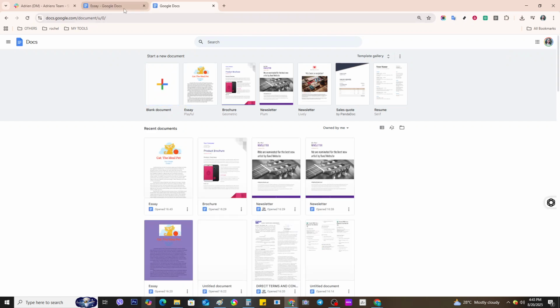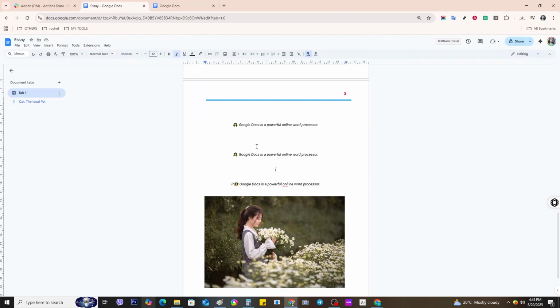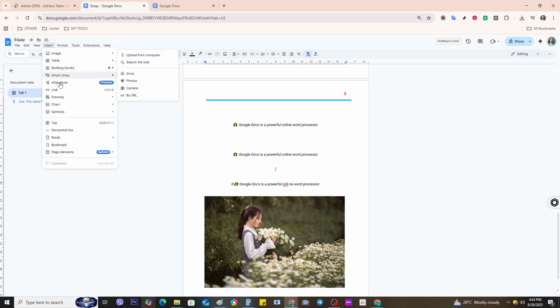Next, we're heading to the menu bar to introduce something magical. Hover your mouse to find the Insert option. It's usually nestled between View and Format, making it impossible to miss. Click on Insert, and a drop-down menu will present itself. From there, you'll see an option labeled Special Characters. Go ahead and click on that, and watch as a new window opens up, revealing a plethora of characters waiting